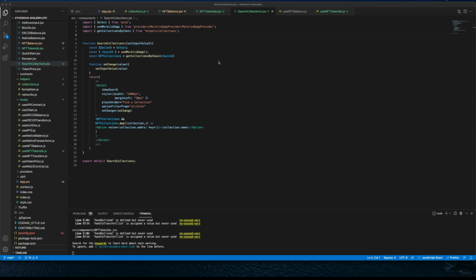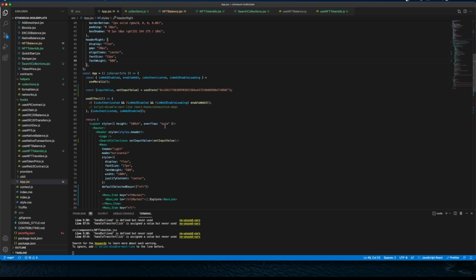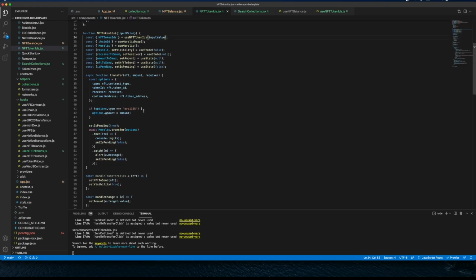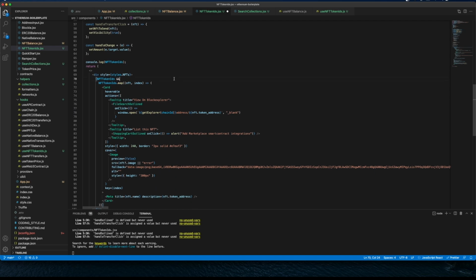So to make sure that we have that explore page where we can select the collection that we want to actually view the NFTs for, we'll go to app.jsx first, make sure that the initial state for the input value is in a specified collection. So we can just say explore. So we'll have explore over here. And then head over to our NFT token IDs component where we get the input value and then conditionally start rendering. So if we get the token IDs and we don't have input value to be equal to explore, we can render what we're currently rendering, explore,